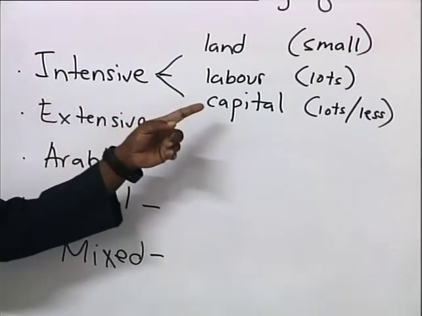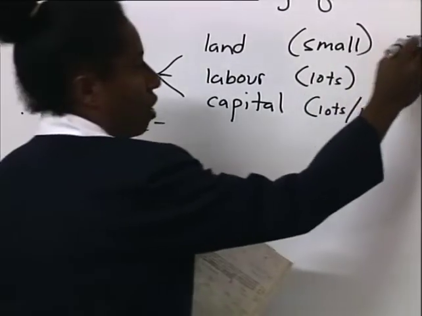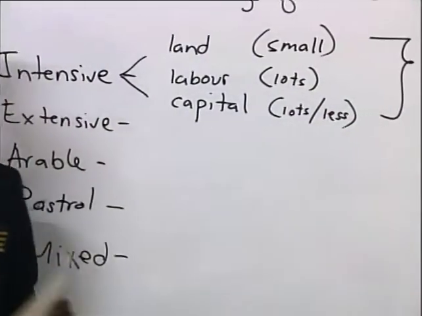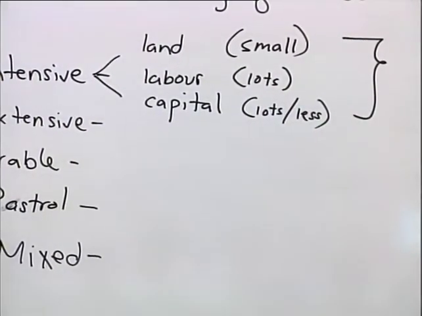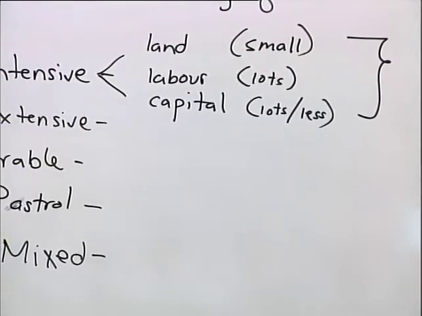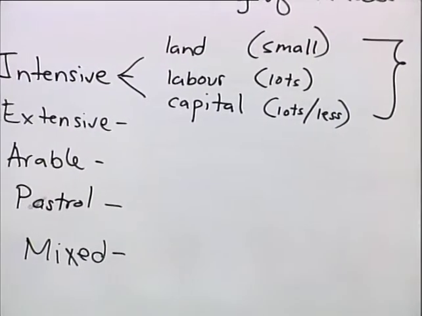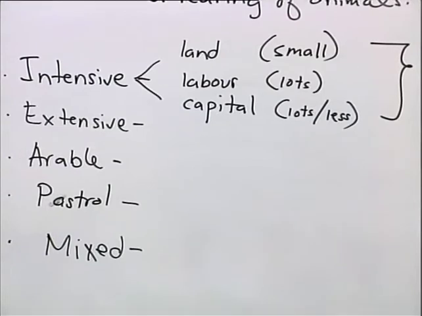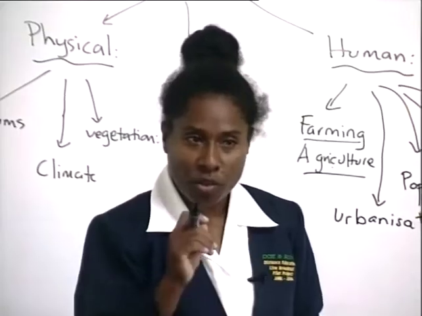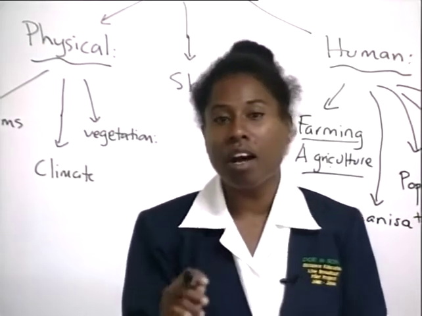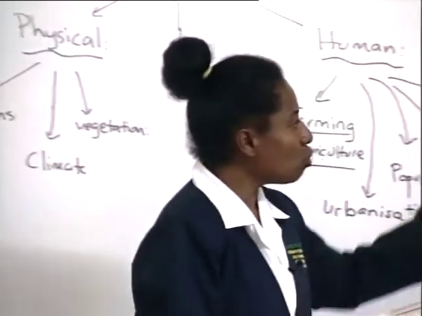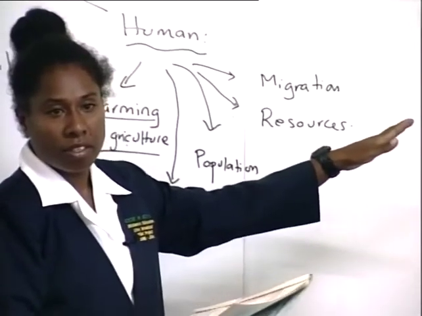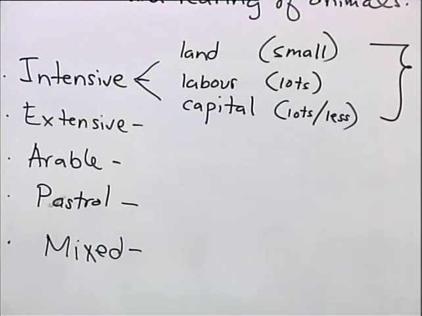Finally, from that agriculture comes the output. And the output then would have to be rice. And if we are doing intensive farming, a lot of labor, how can we describe the output? Do you think it's going to be high or low? We need it to be high, yeah, because we are catering for a lot of people. So the output is actually high. That's what intensive means when we're looking at that passage from the reading.